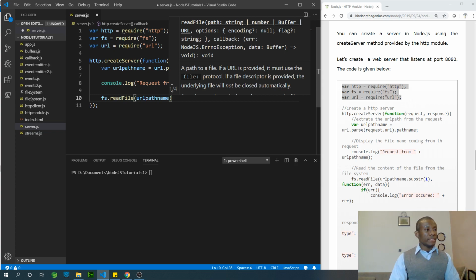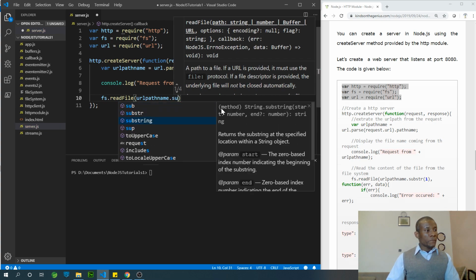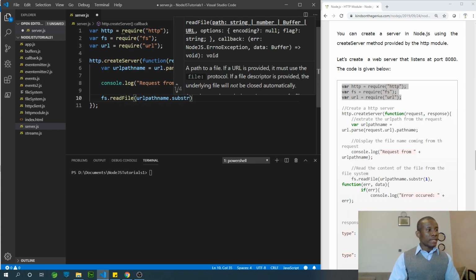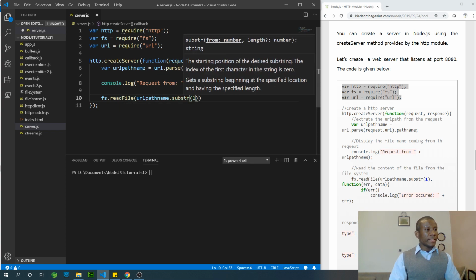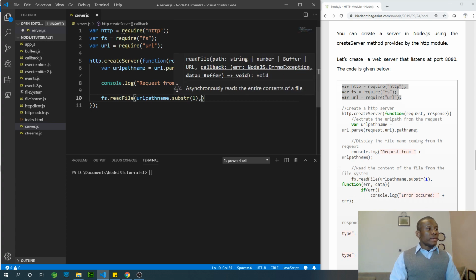I'm going to say dot substring, the first item. All right. So now fs.readFile takes the file path which we have specified. We only take the file name by using substring(1). Now we need to specify a callback function